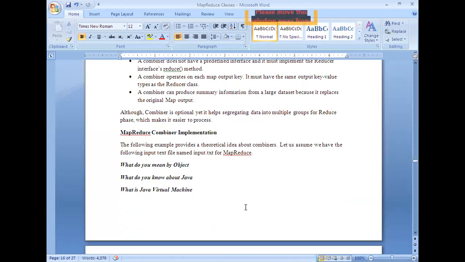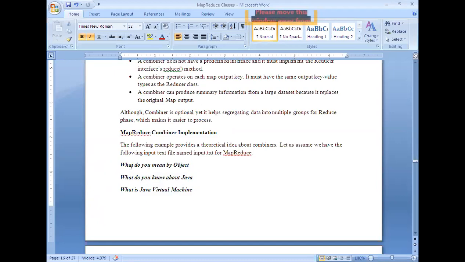Now let us see an example program of how we write the combiner function, the mapper logic, and the reducer logic for the word count problem. This is an example. Let us assume only 3 lines of text, just for understanding. From this, we need to find out how many times each word is repeated in the whole document.